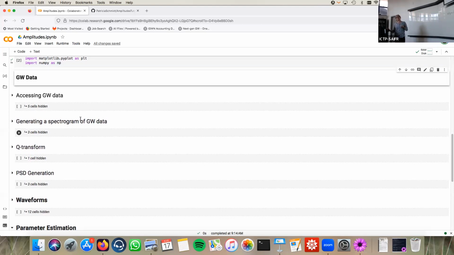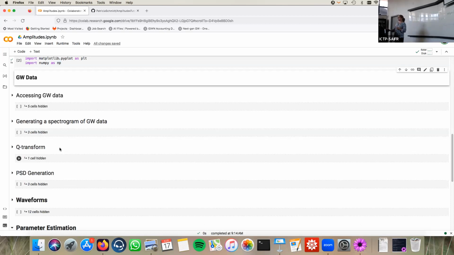We can generate some spectrograms. Everybody know what a spectrogram is? No, that's what I thought. A spectrogram is a time-frequency representation of your data, and that's particularly interesting when you want to get an understanding of how, for example, the detector behavior is evolving over time, which we heard about today as well, right? Our detectors are reasonably stable, but they're not fully stable, right? So there is evolution in how the noise floor changes over time,